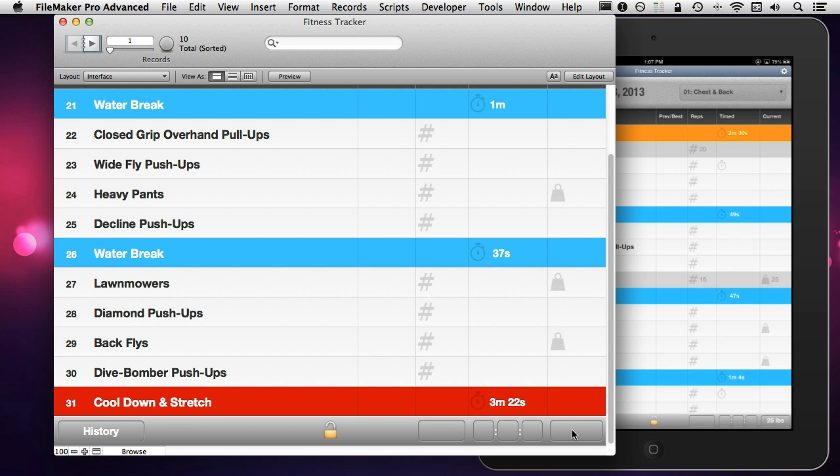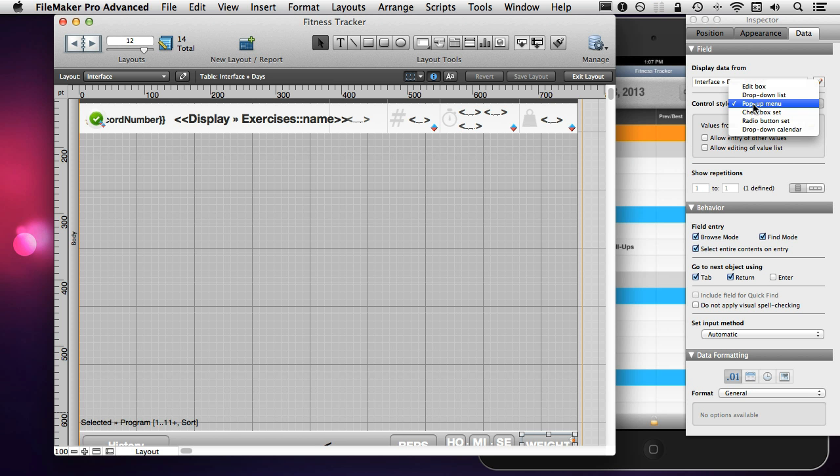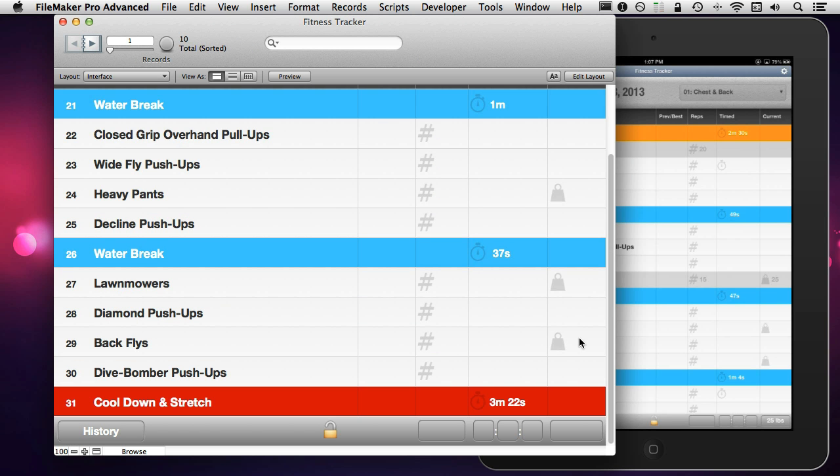These are pop-up menus, and the equivalent for the desktop, which would work when you use a go-to field, is a drop-down list. I believe that's what FileMaker calls it. Pop-up menu and a drop-down list. There we go. I don't know that those are the actual names for what these widgets are, but you can see that when I click here, FileMaker on the desktop just takes me right to this particular item and does